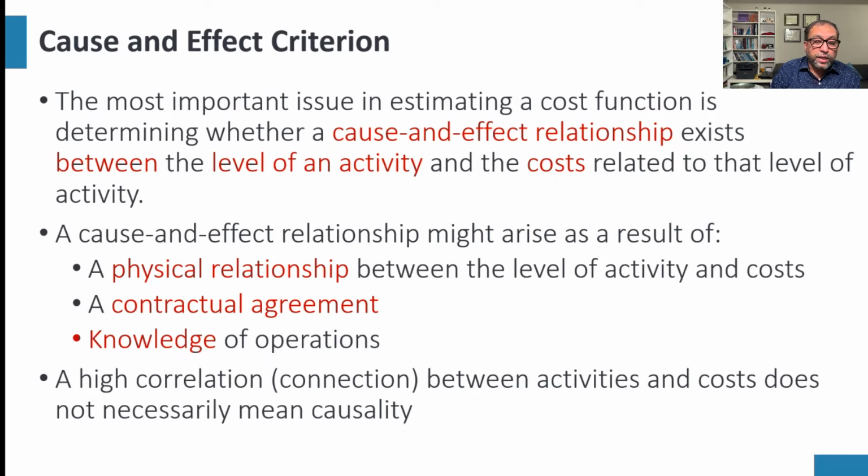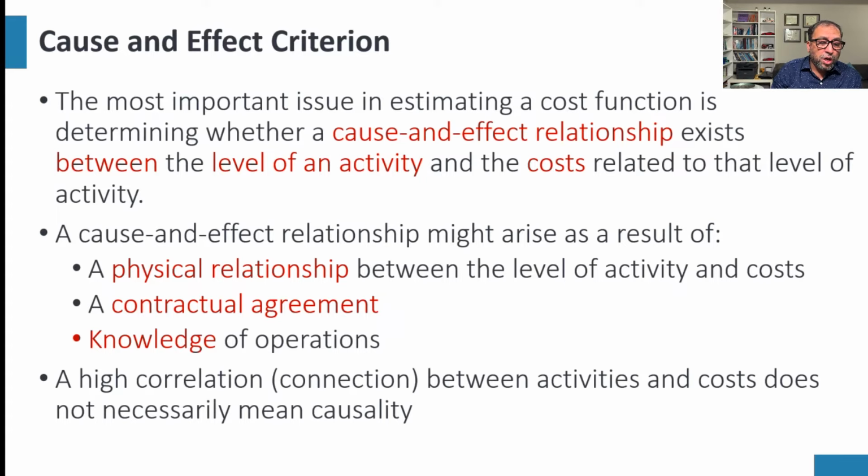The cost and effect criterion: we have to understand the relationship in a way. One of the most important issues in estimating a cost function is determining whether a cause and effect relationship exists between the level of an activity and the cost related to that level of activity. The cause and effect relationship might arise as a result of a physical relationship. We can see how much material is being used, how much labor is being used, between the level of activity and